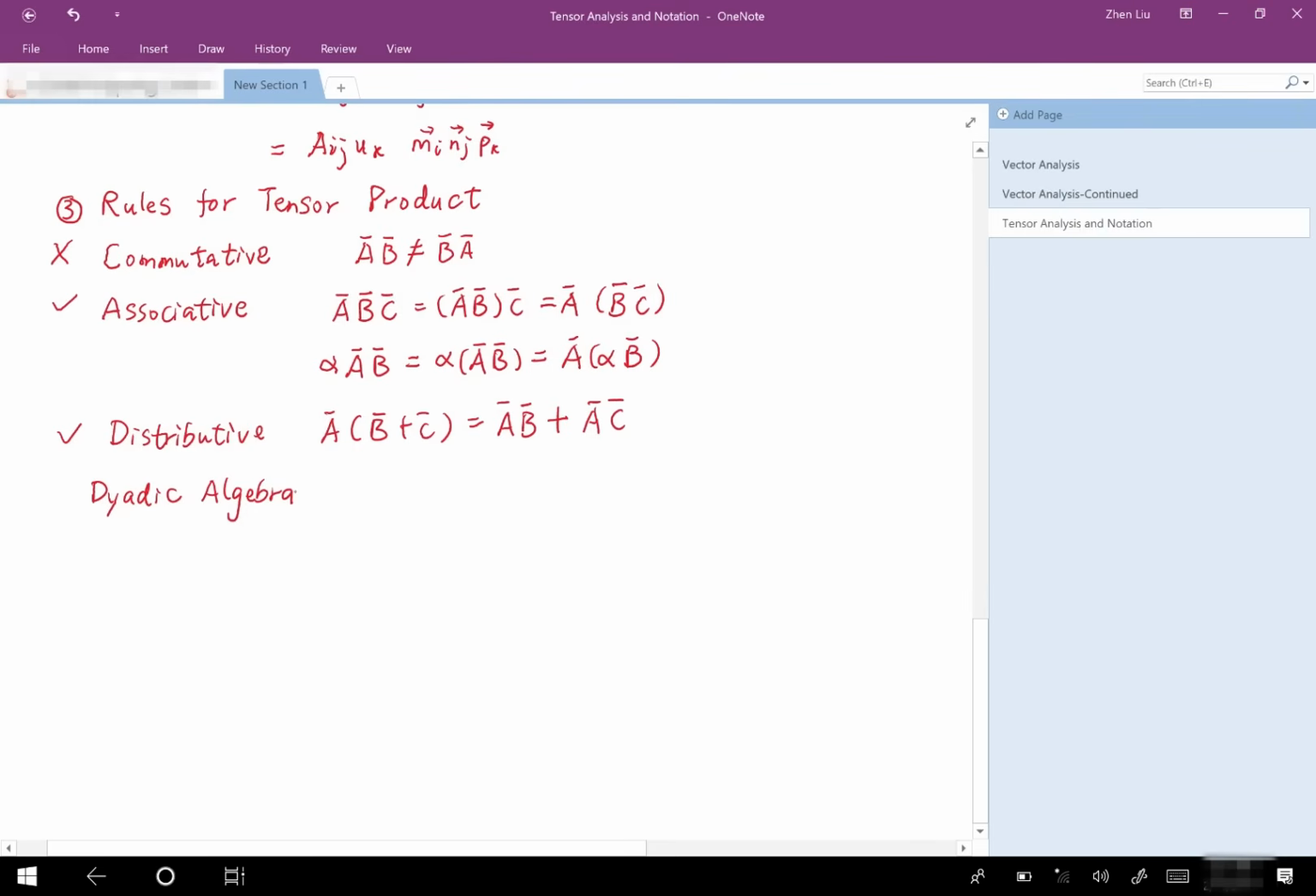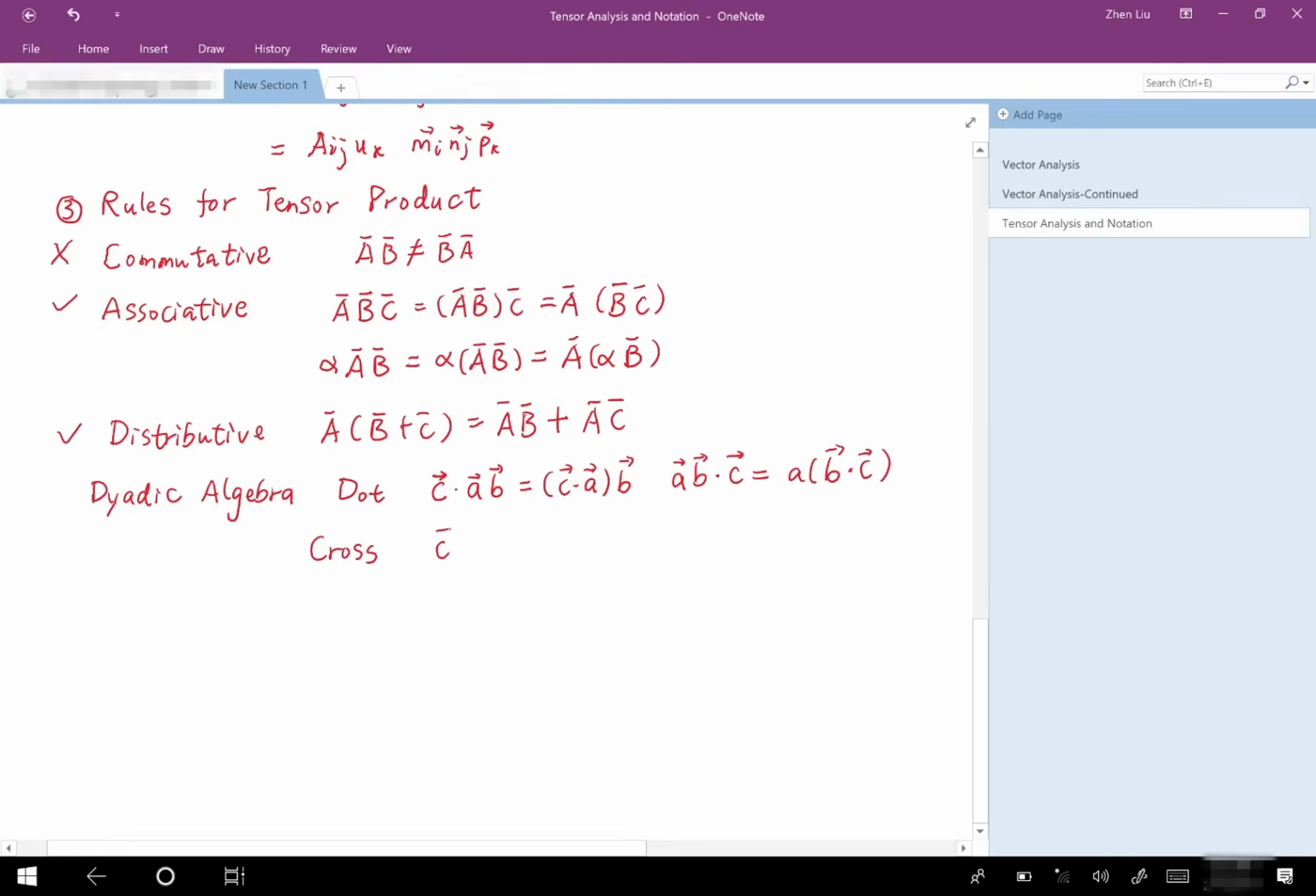And for this one, let's take a look. We have the following rules. First, for the dot product, we have C·(A×B), and this one actually equals A·(B×C), and also B·(C×A). So this is for the dot product. If it's for the cross product,